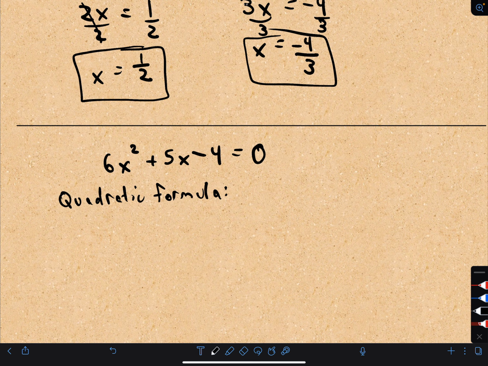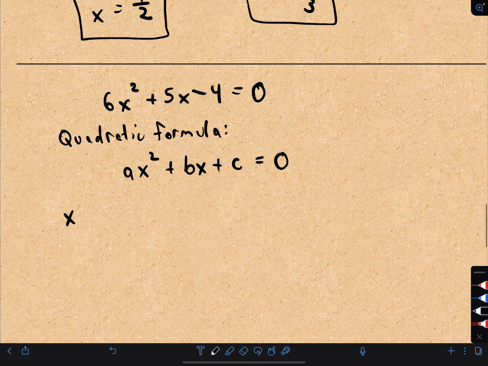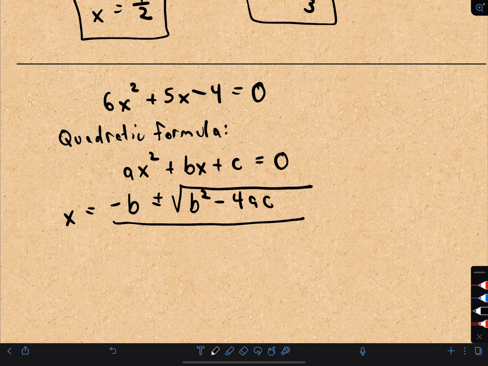So the quadratic formula says if you have a quadratic of the form ax squared plus bx plus c equals 0, our solutions are going to look like x equals negative b plus or minus the square root of b squared minus 4 times a times c, all over 2 times a. So, okay, well,